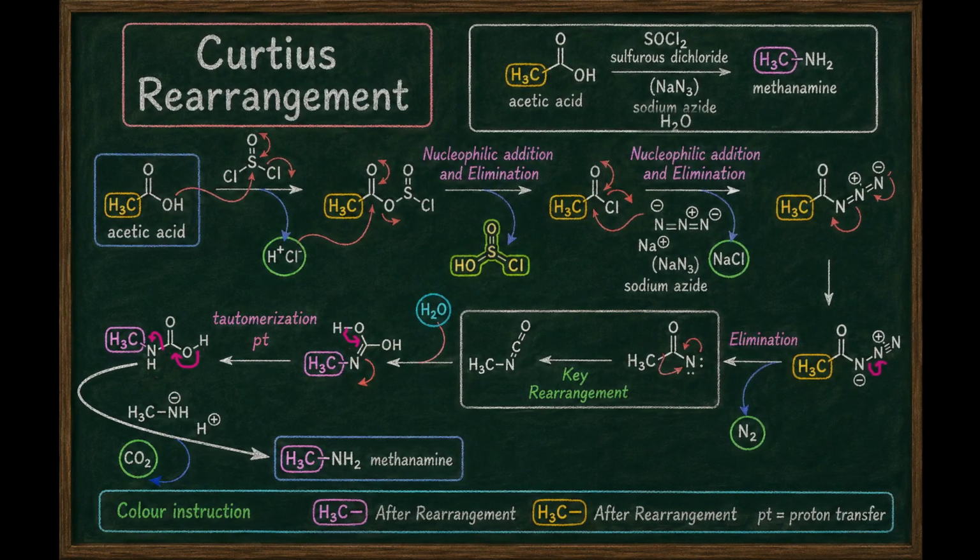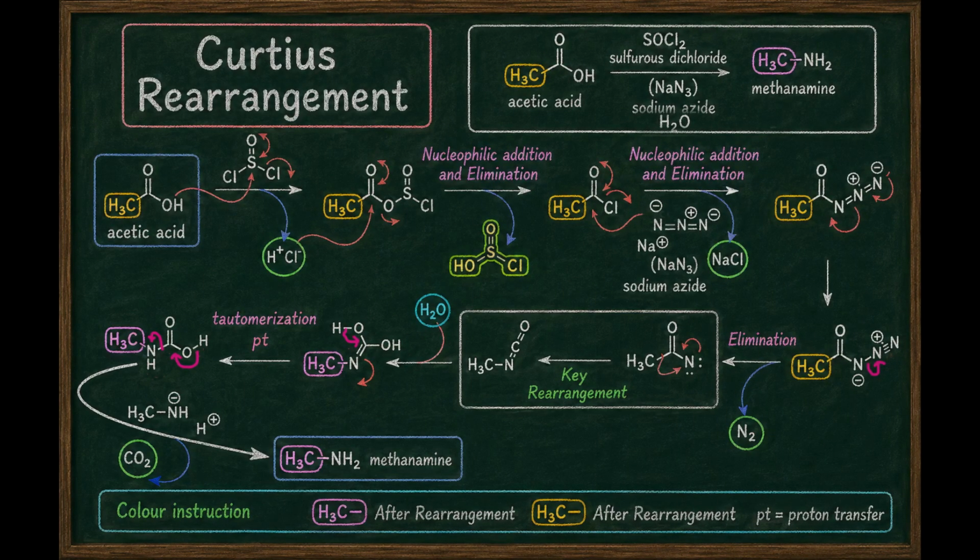Final outcome. So finally, we obtain a primary amine as the product, and importantly, one carbon is lost from the original acid in the form of CO2. That's a key feature of this reaction,